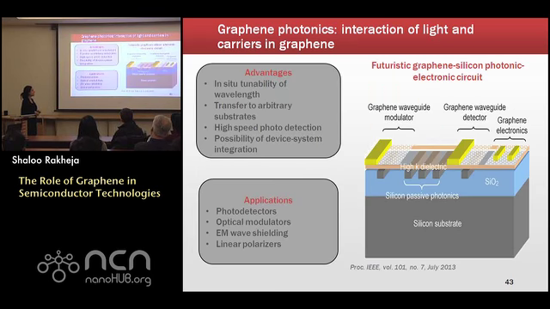The next thing is coupling of graphene and light. I think integration of graphene photonics within a silicon photonics platform is a very important research direction. In this hybrid circuit, the passive components such as light routing and guiding can be implemented in submicron silicon waveguides, whereas the active elements such as modulators and detectors can be implemented with graphene, and also the analog circuitry can be implemented in graphene that drives these photodetectors.